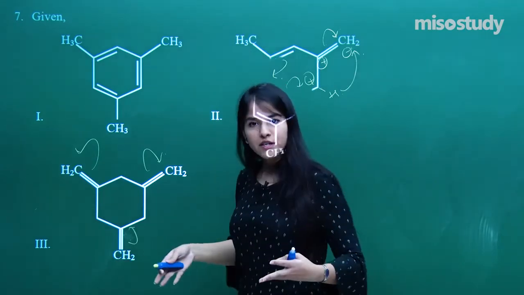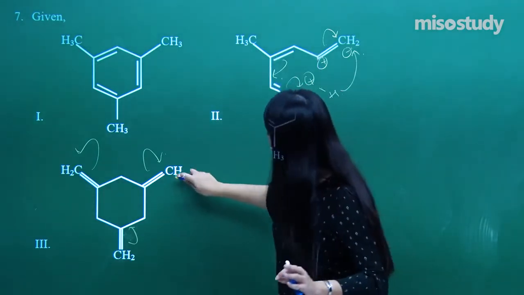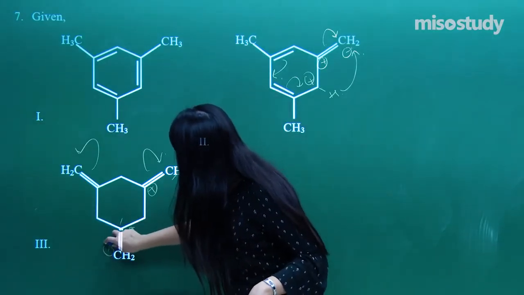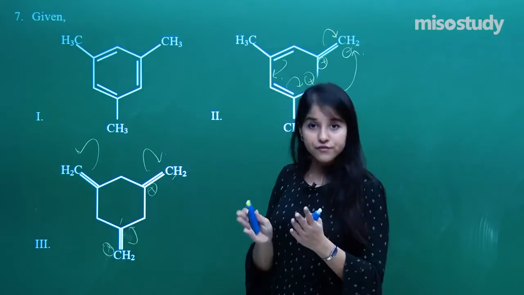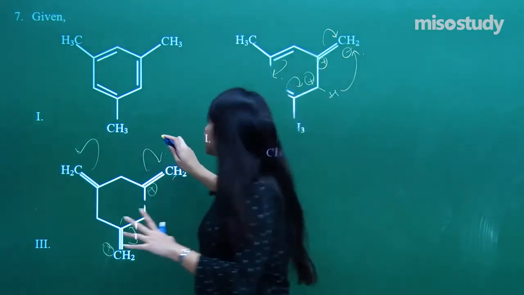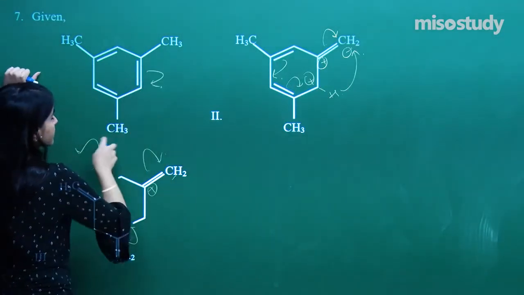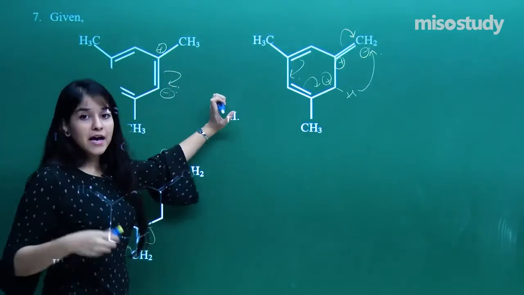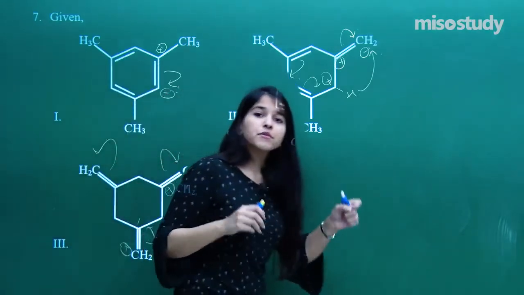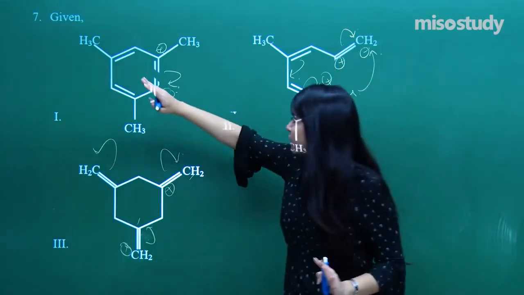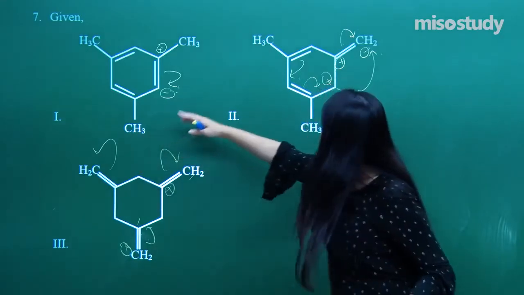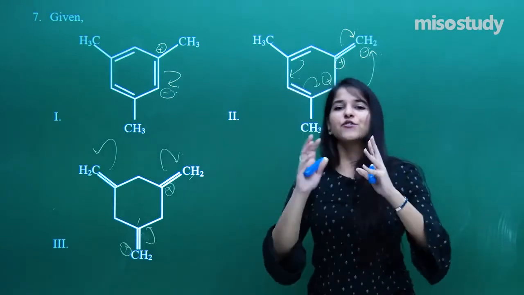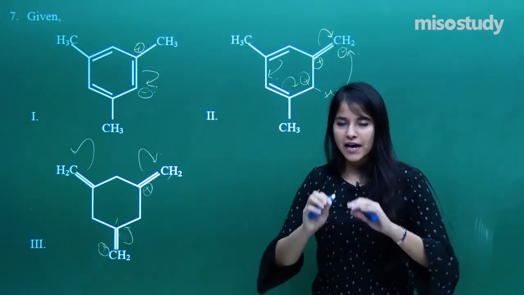So can you see a resonance stabilization? There cannot be a resonance stabilization over here, a negative obtained here, a positive. Let us just say a negative, a positive. So that is how there will be some kind of shifting of pi electrons. But if you see over here, and if I try to shift it this way, let's say this is negative, this is positive, there is a proper aromatic stabilization in this ring. That means the hydrogenation will be favorable to the most stable structure, followed by the next stable one and followed by the least stable one. So you just need to check the stability of the structures and you get the answer.